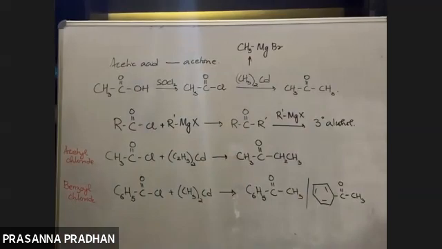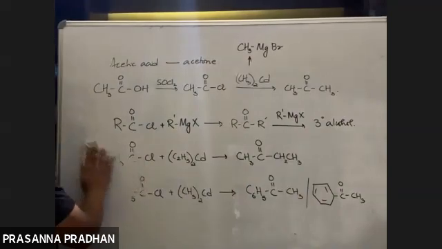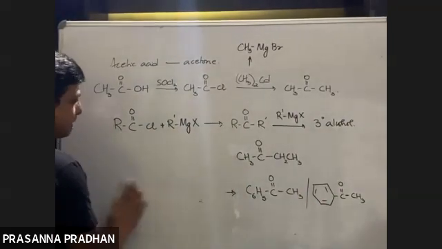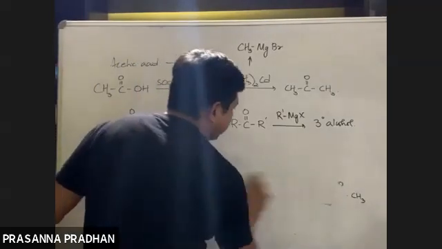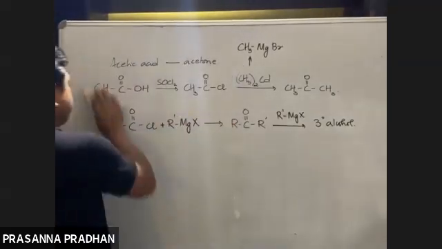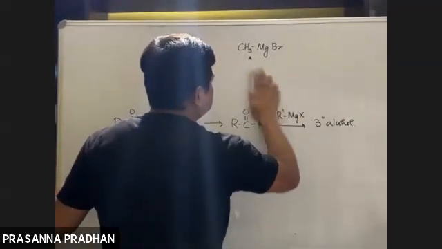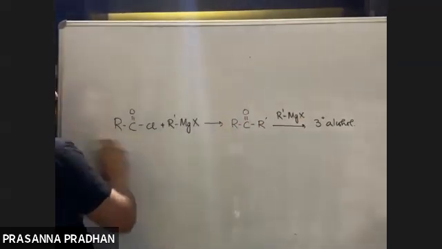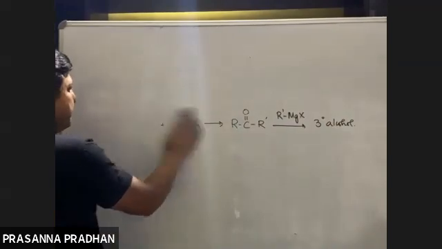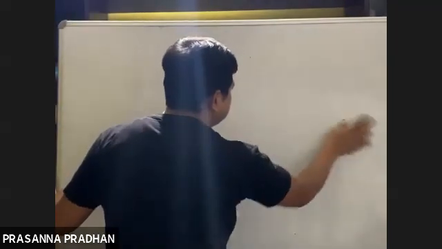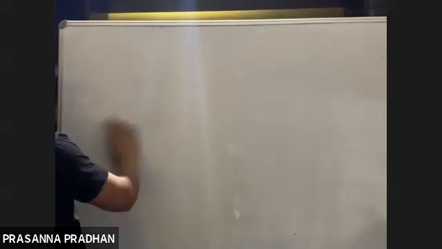What is the reason? Because the Grignard reagent will further react with the ketone to form what? We have done this in the alcohol chapter. The ketone formed will further react with the Grignard reagent to form a tertiary alcohol. That is why the Grignard reagent cannot be used here. Is it understood? So these are the methods of preparation of aldehydes and ketones from your acid chloride.